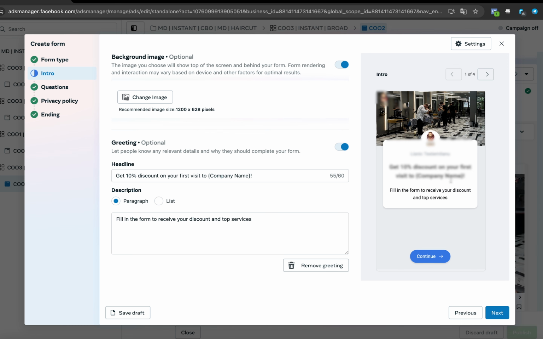Now here's what you're going to see at the intro: the image of my client, the company name, and also you're going to see the offer we're having right here. So for this particular client, we have a 10% discount on the first visit to their company name. And as a description, we had to put something like fill in the form to receive your discount on top